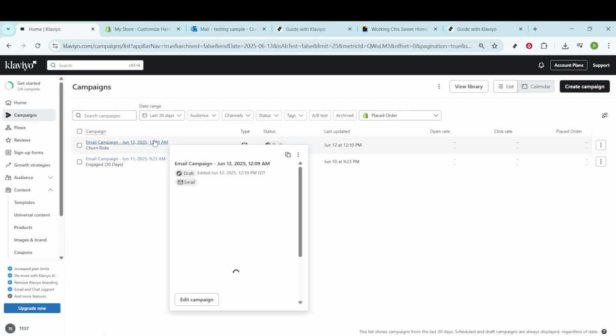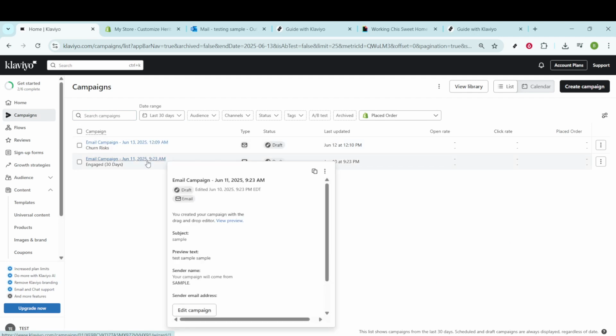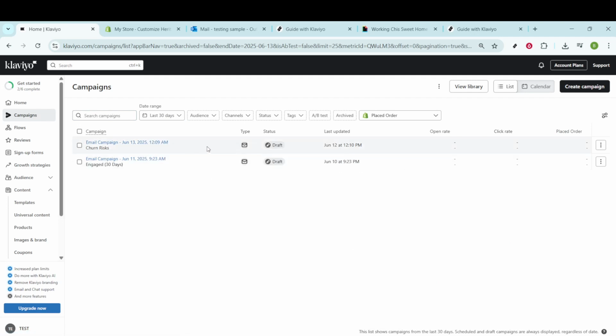to add your image. This might take a moment if you have multiple campaigns running, but ensuring you're in the correct one is crucial. With your campaign selected, look for the three dots menu. By clicking on these three dots, you'll find an option labeled Edit Campaign. Clicking this will allow you to make changes to your existing email campaign, such as adding text, tweaking layouts, and